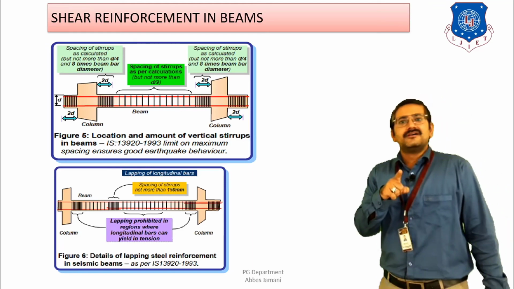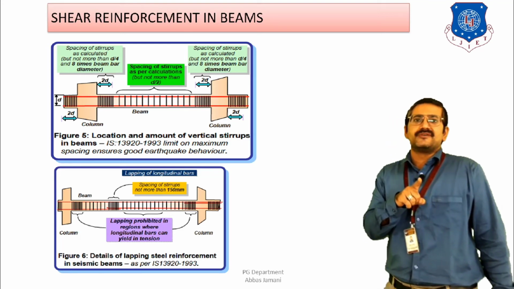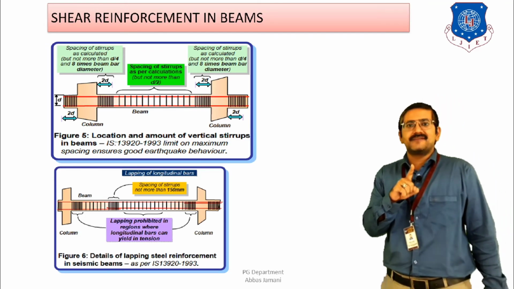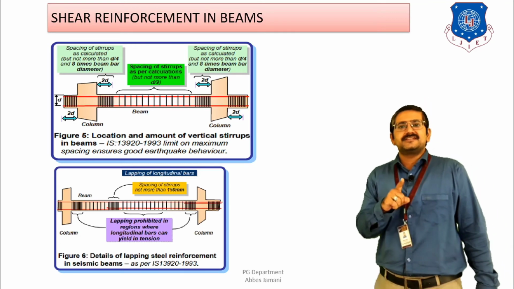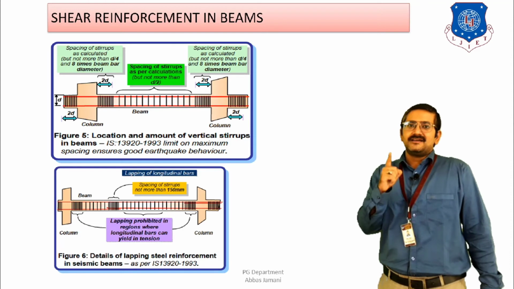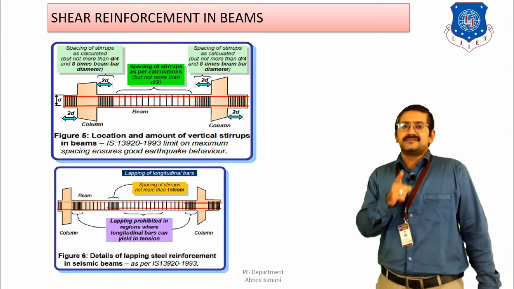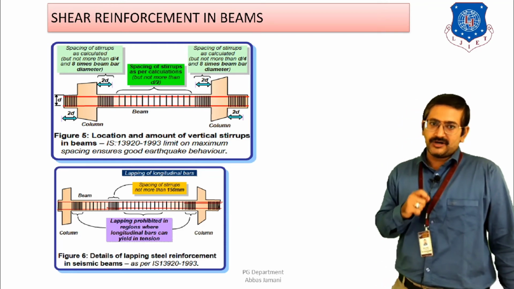The minimum diameter of the link, or minimum diameter of the stirrups that is to be provided, has to be 8 mm, right? So the selection of diameter starts from 8 mm, and the shear strength or shear capacity of these stirrups should exceed the flexural capacity, so that brittle failure of the material can be avoided and ductile failure of the beam can be ensured. As a result, this criteria has to be followed very strictly.